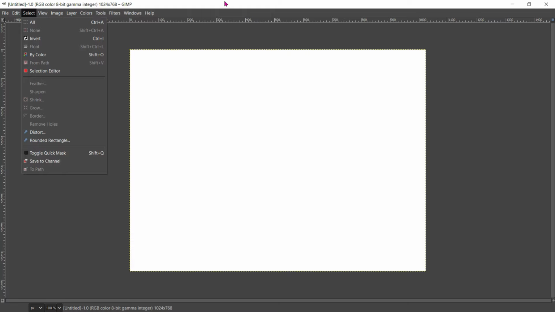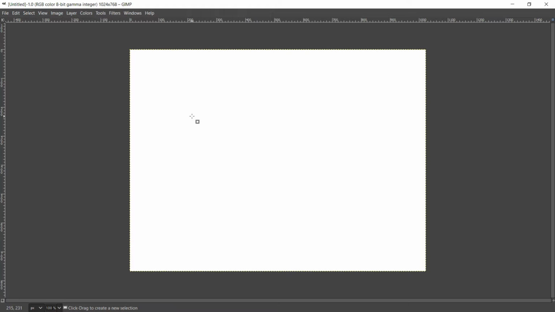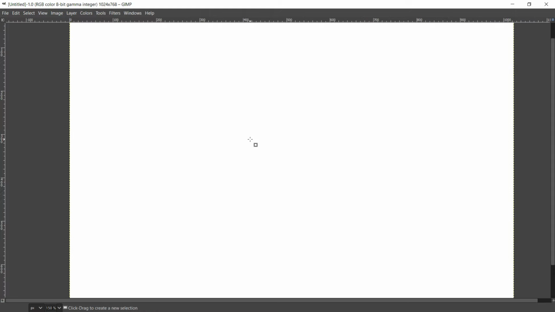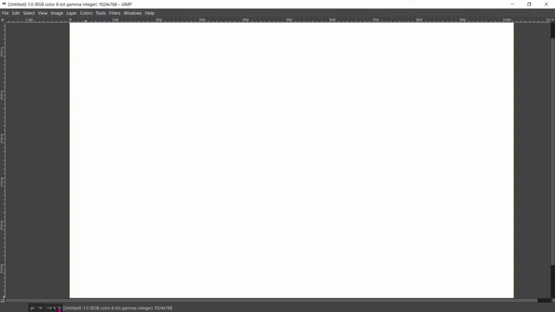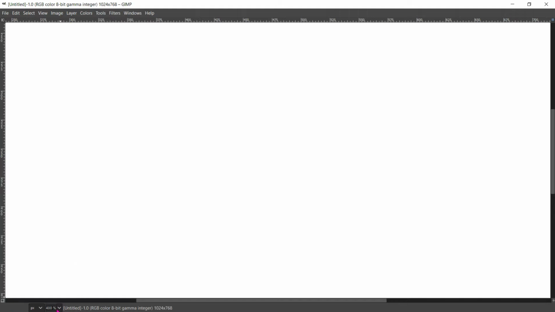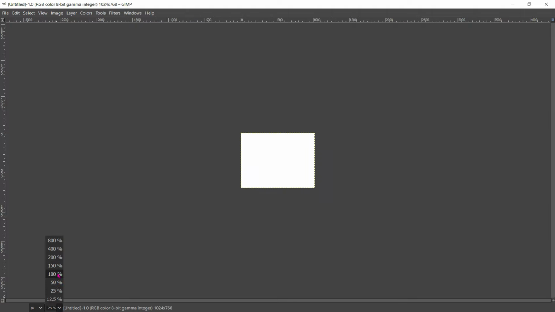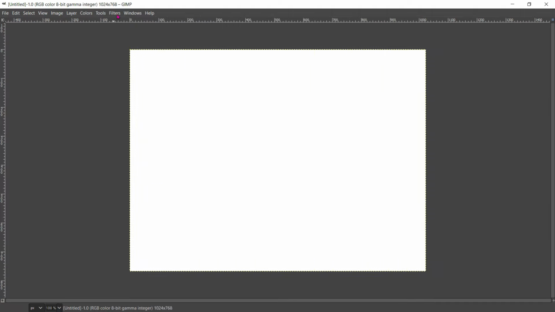Okay, now at this moment when you open, we can't see any tool icons here. These are all pull down menus. So how can we bring them? This is a working area, we can press control and roll the mouse wheel to increase this way, or we can also use this percentage.